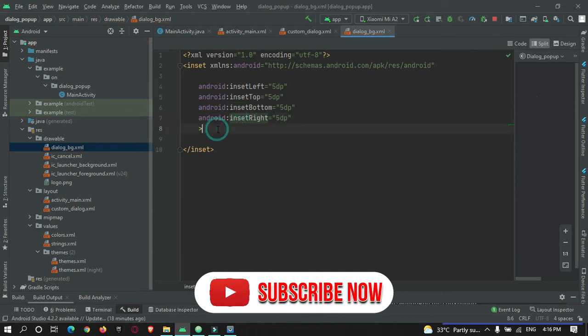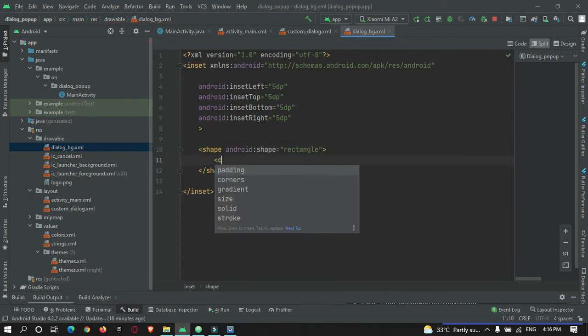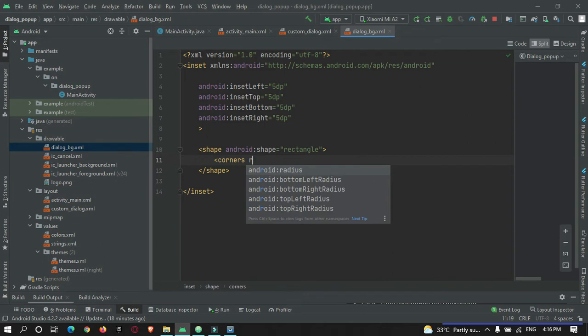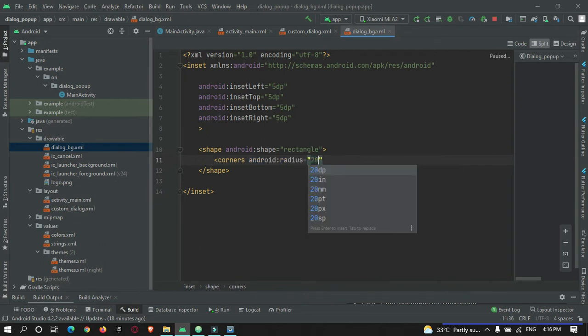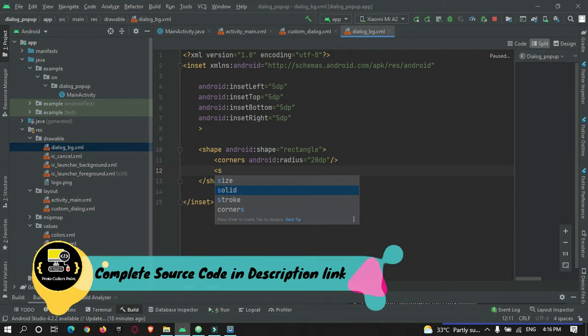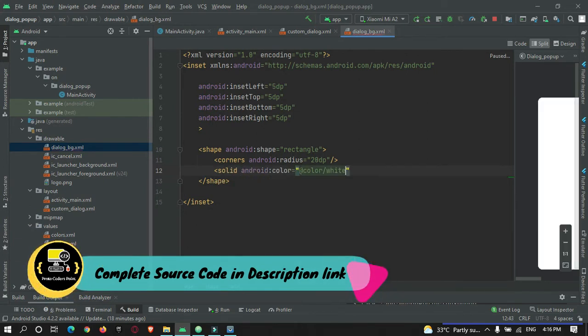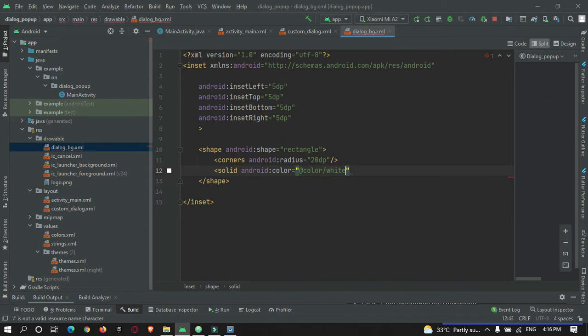Okay, so let's give a shape to it. Shape rectangle. Corner radius we need, radius will give as 10 or 20 dp. Okay, solid color white, so the background will be completely white.